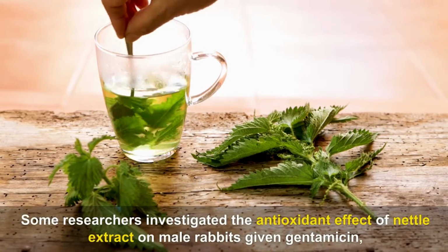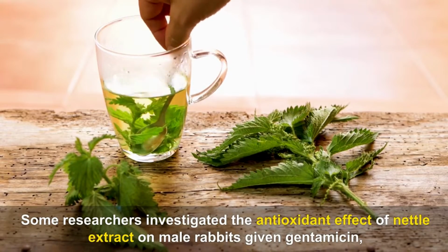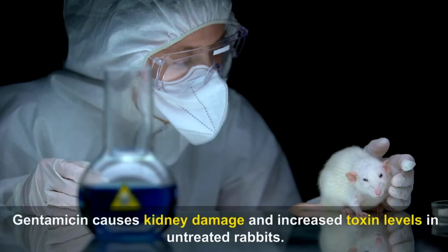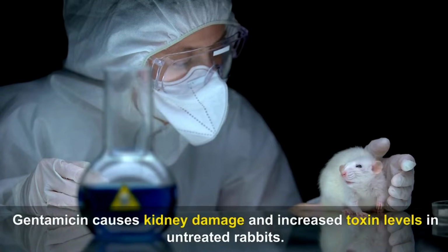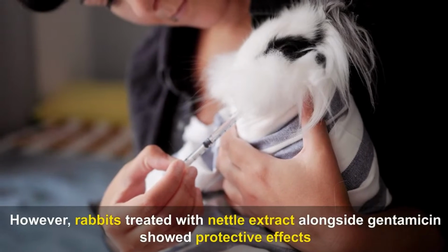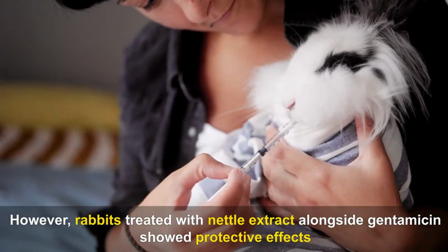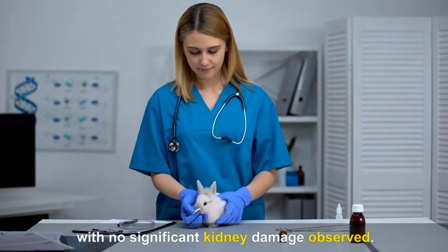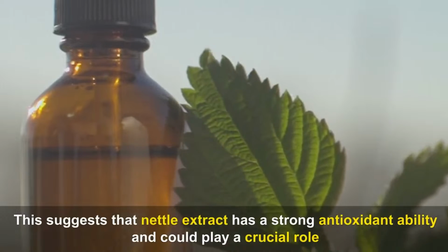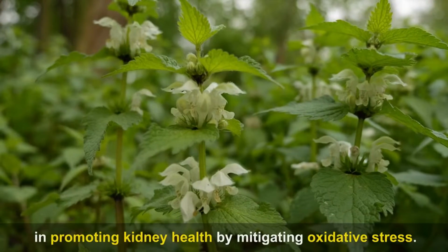Some researchers investigated the antioxidant effect of nettle extract on male rabbits given gentamicin, a medication that can harm the kidneys. Gentamicin causes kidney damage and increased toxin levels in untreated rabbits. However, rabbits treated with nettle extract alongside gentamicin showed protective effects with no significant kidney damage observed. This suggests that nettle extract has a strong antioxidant ability and could play a crucial role in promoting kidney health